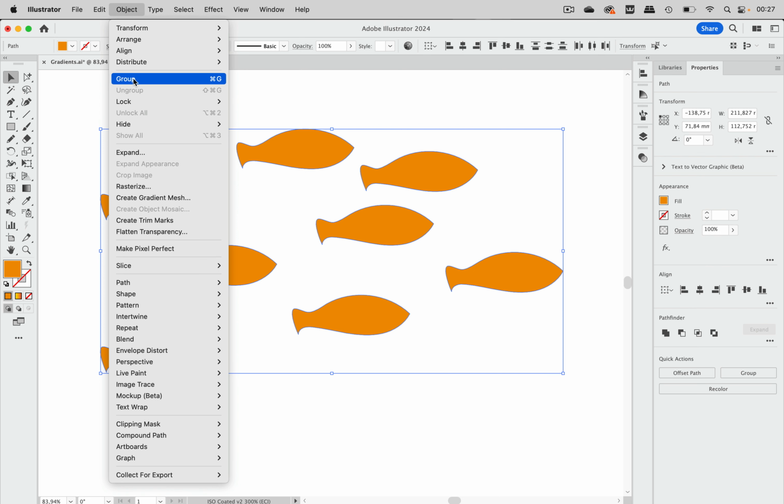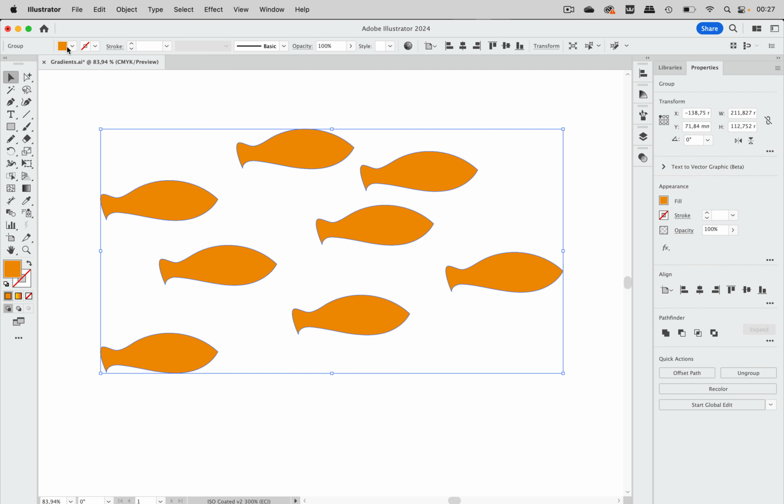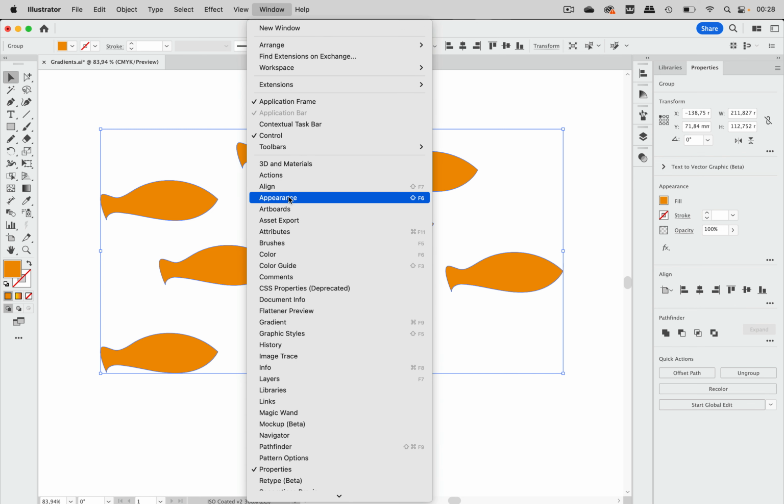So we're going to Object, Group, and then when I select that and apply the gradient, then you see each of them gets the gradient again. Let's undo that because that's not what we want. We could have had that without the group. Let's undo that. And what you can do with a group is go to the Appearance panel,